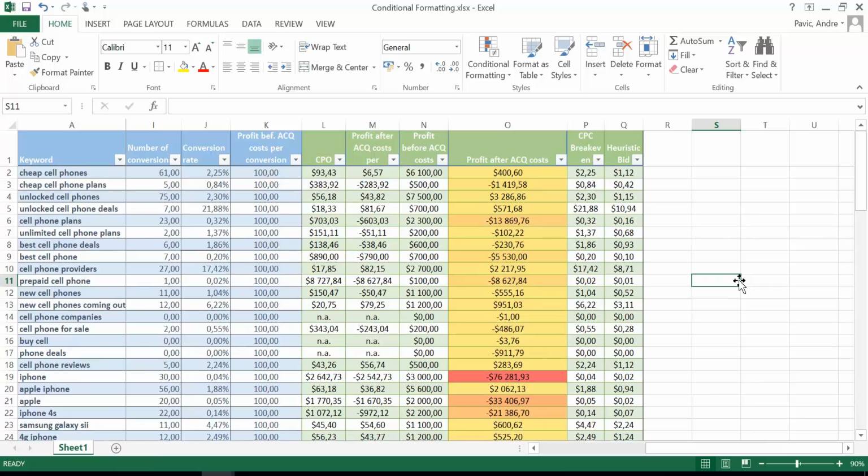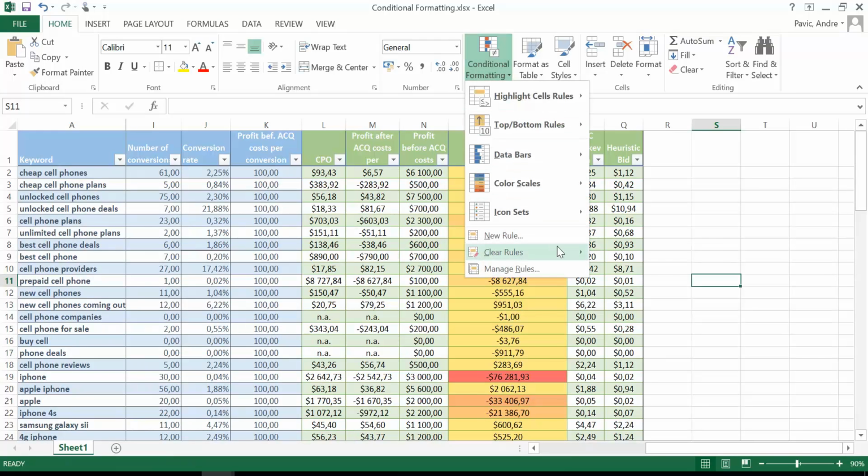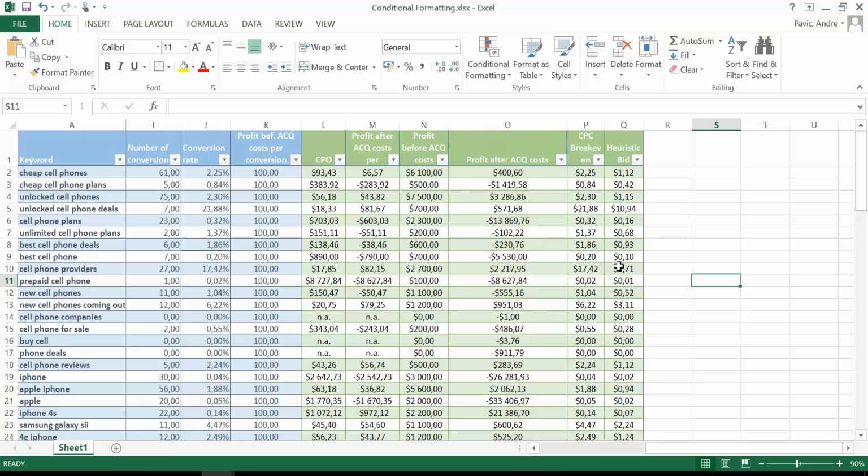But what to do if we don't want to highlight just one single column, but the whole row based on our profit after acquisition costs? In this case, we would need to set our own formatting rule. But before we start, I'm just quickly going to remove our previous conditional formatting options. Now we're going to select our whole data set, all of our columns and rows,